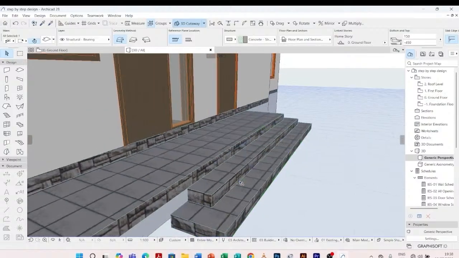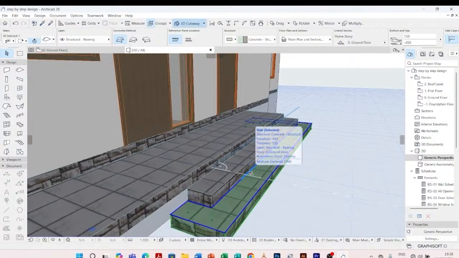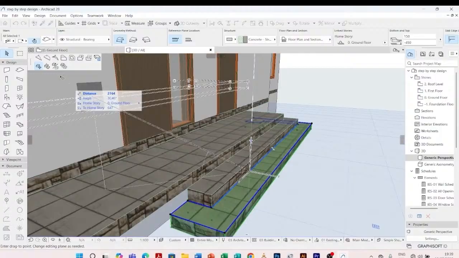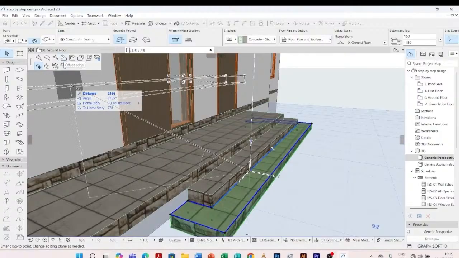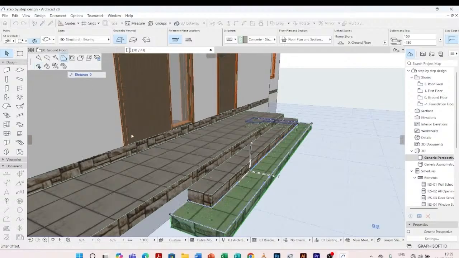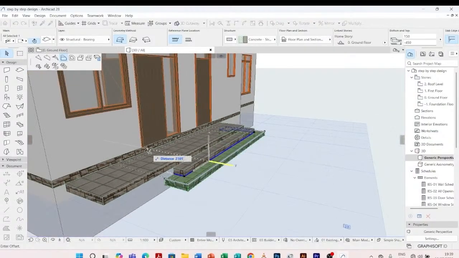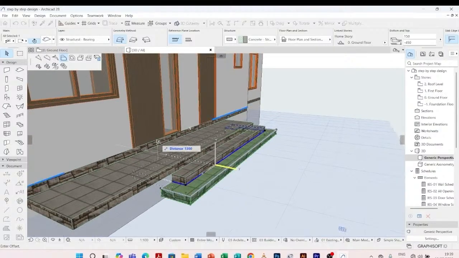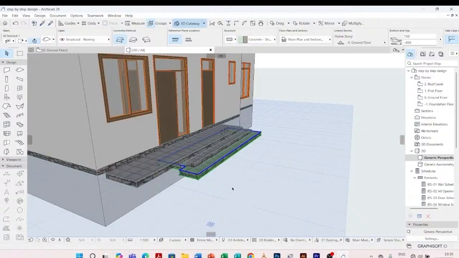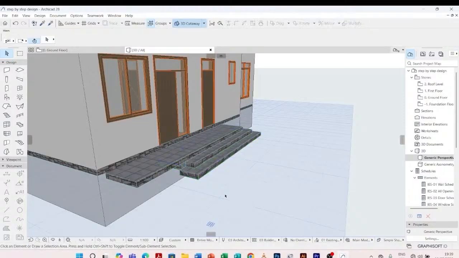After clicking on this slab, I come to this blue line, I click on it, and I choose this offset edge. That means I'm only going to move that edge of that blue line. I click on it, I want to move it, I hold on to my shift, I want to move it up to here. So I have that,